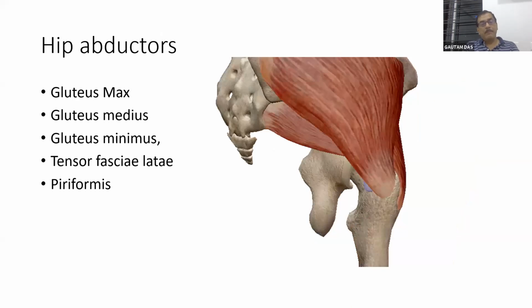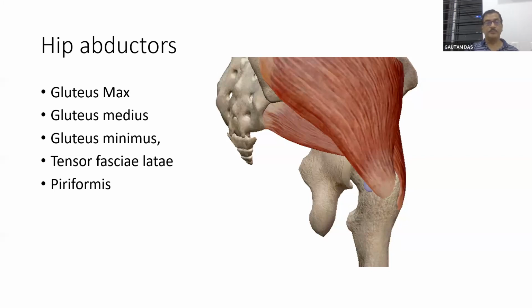Then comes your hip abductors. Hip abductors and extensors are almost similar. That means mostly the gluteus muscles. Apart from that, the tensor fasciae latae is a very important hip abductor. And piriformis is also a little bit of a hip abductor. Piriformis's main function is as an external rotator, but it is also a little bit of a hip abductor. So hip abductors: all the glutei muscles, tensor fasciae latae, and the piriformis. And again, nerve supply is similar. The glutei muscles are supplied by L4 and L5, the superior and inferior gluteal nerves, and branches from S1. So these are for the hip abductors.